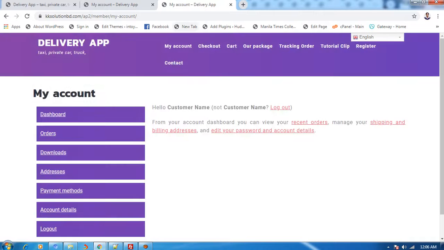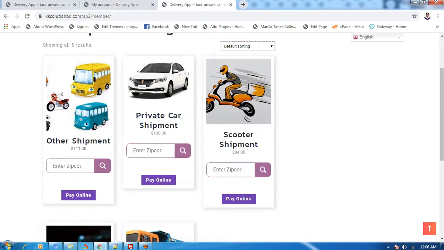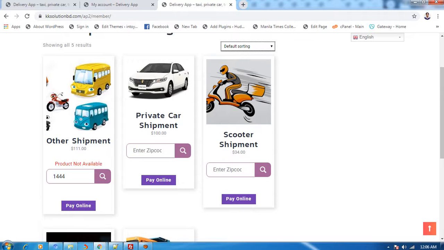You should be here. You can click your package, and here you can check the zip code to see if it is available. This is the zip code to check your location, whether it is available or not. Here is search. If available, it shows available; when not available, then a message is shown,